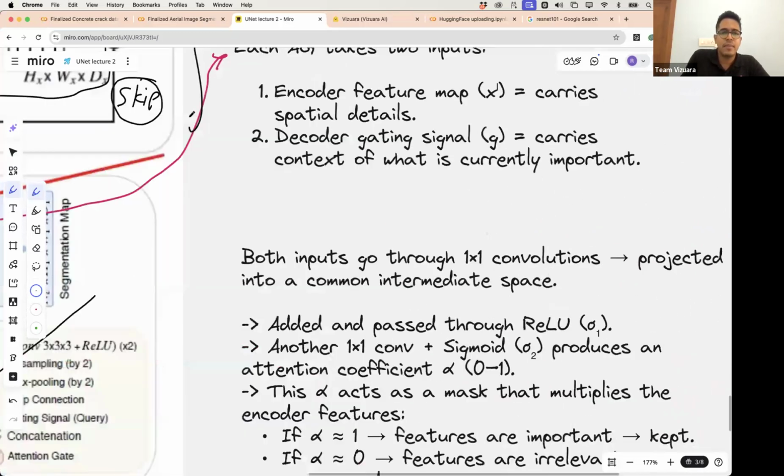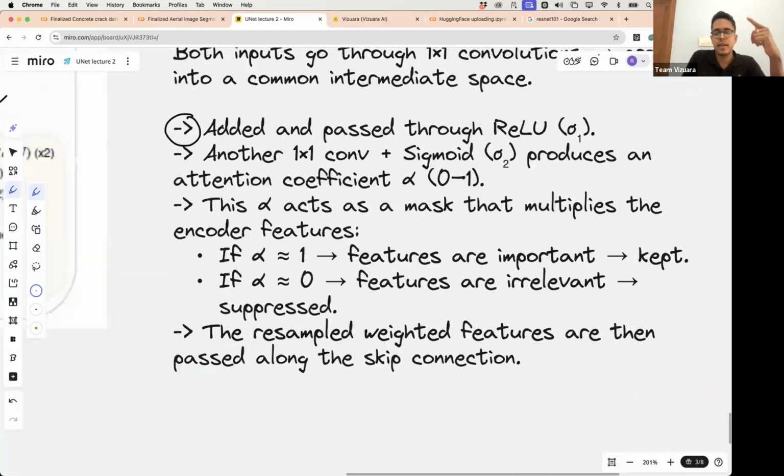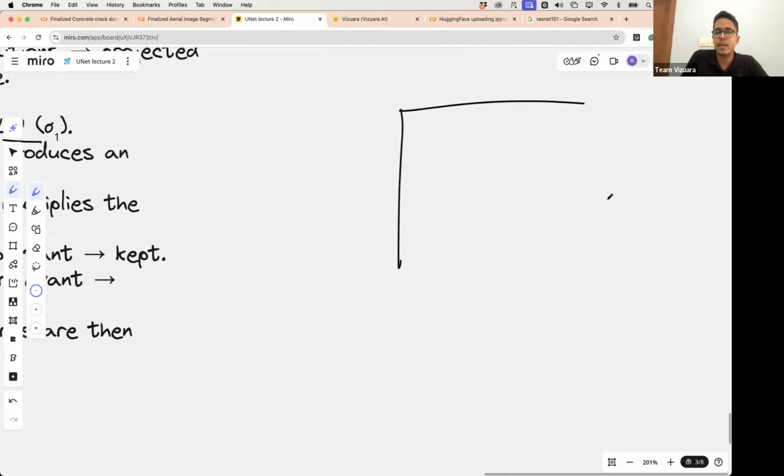So you add the two channels, the skip connection channel and the decoder channel, and pass them through a ReLU activation function. Then you have a one-by-one convolution followed by a sigmoid activation. This produces a mask with numbers alpha between 0 and 1. So for example, a mask can look like this: